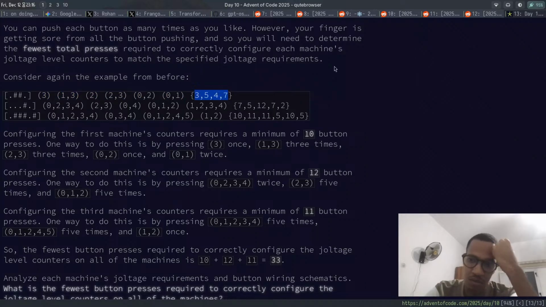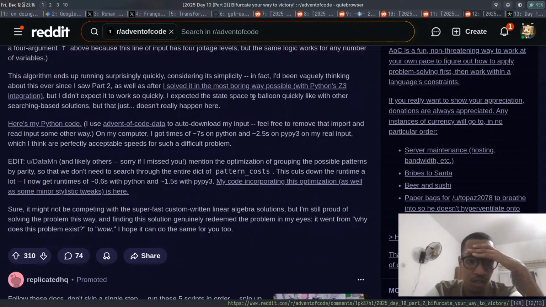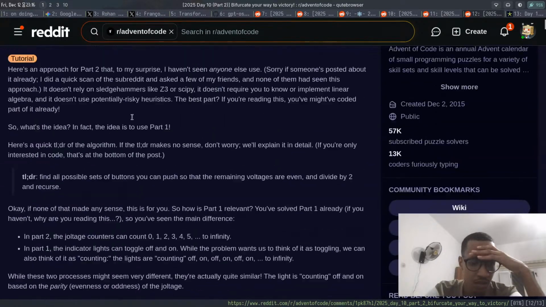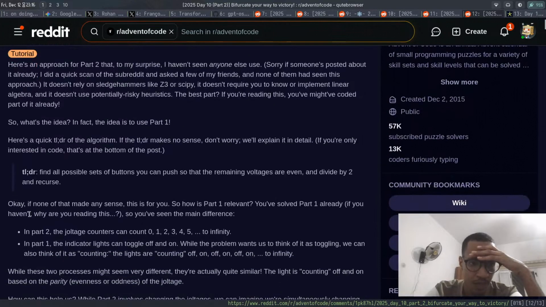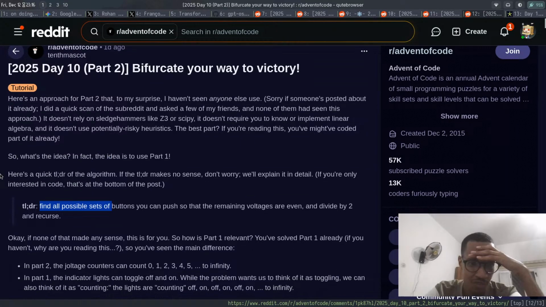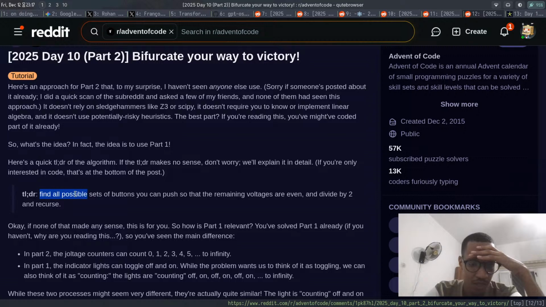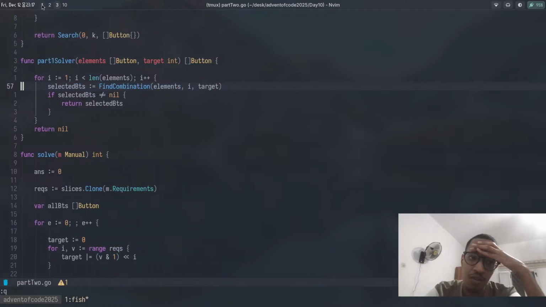Till now, I don't know. I got stuck in this thing. This is the post on Reddit that gets the thing. He says, "Bifurcate your way to victory. Find all possible sets of buttons you can push so that the remaining voltages are even, and then divide by 2 and recurse." Okay, so what I've missed is that there are other